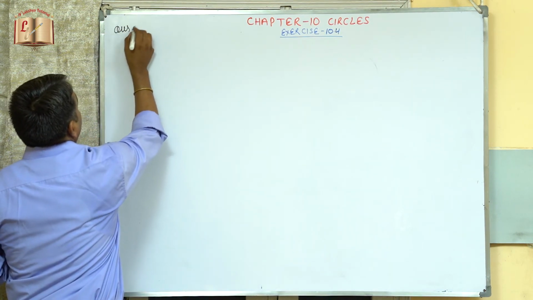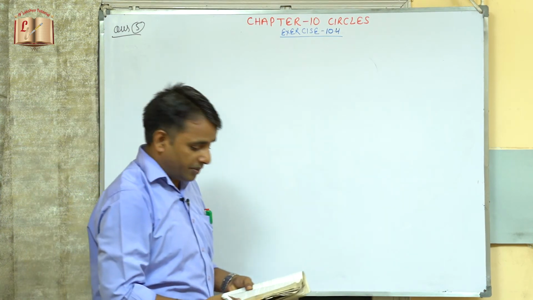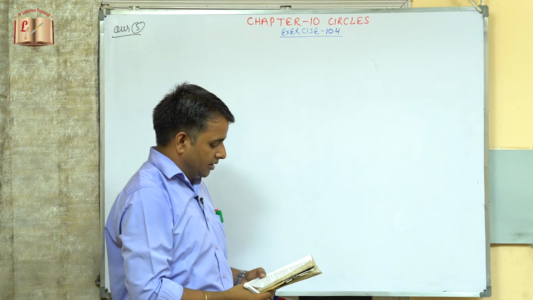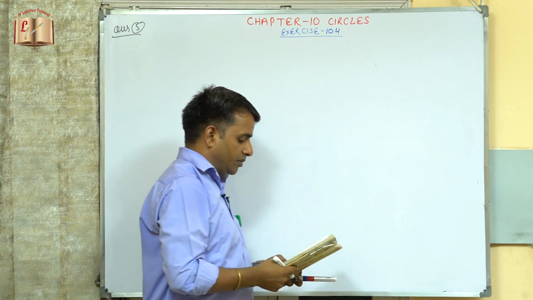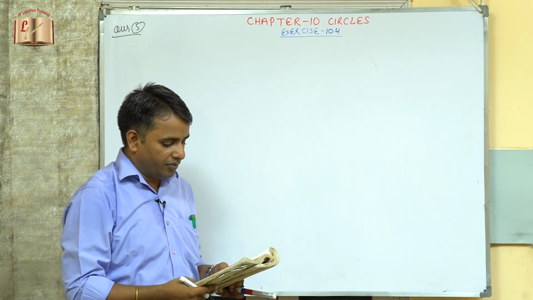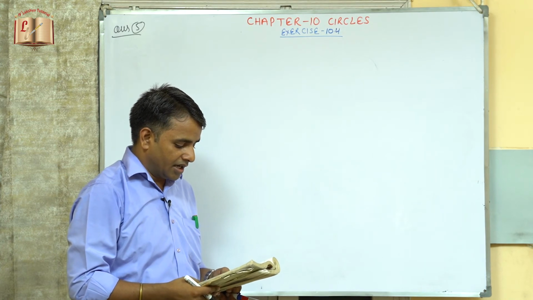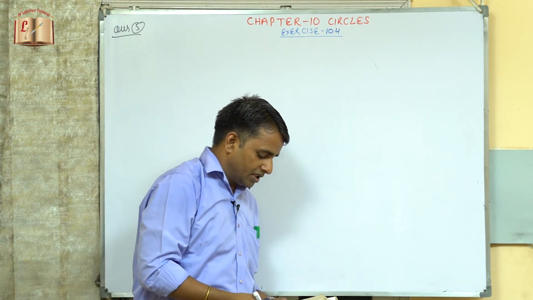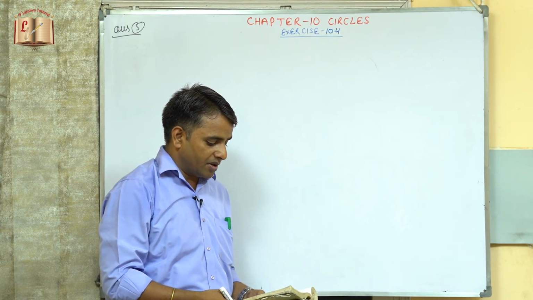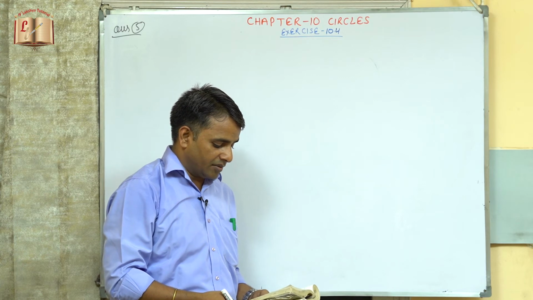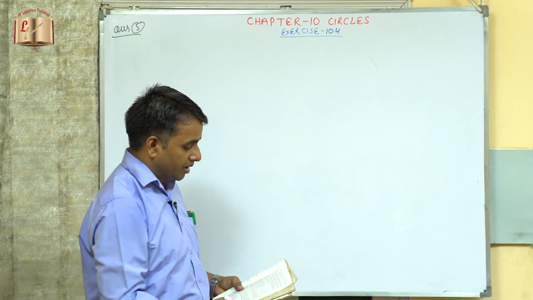Now coming to question number 5th. This is one of the typical and important questions, so we need to be a little more attentive for this. Now 3 girls, Reshma, Salma and Mandeep are playing a game by standing on a circle of radius 5 cm drawn in the park. Reshma throws a ball to Salma, Salma to Mandeep, and Mandeep to Reshma. If the distance between Reshma and Salma and Mandeep is 6 meters each, what is the distance between Reshma and Mandeep?